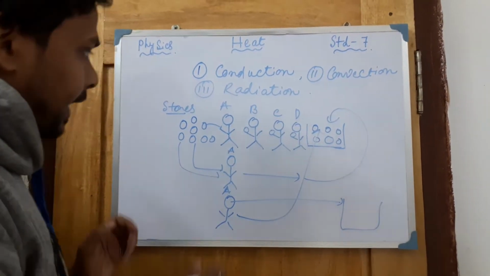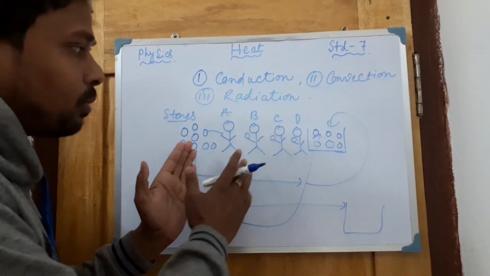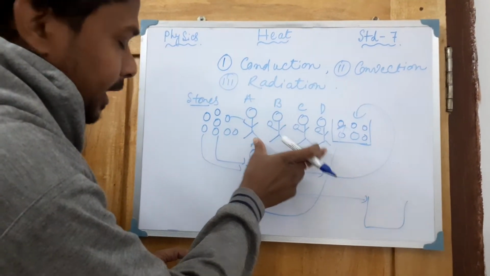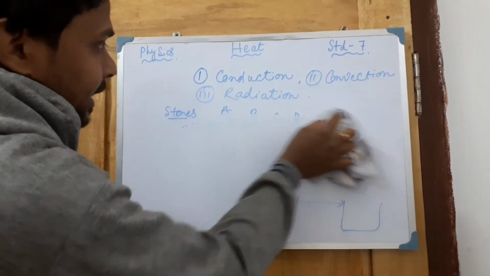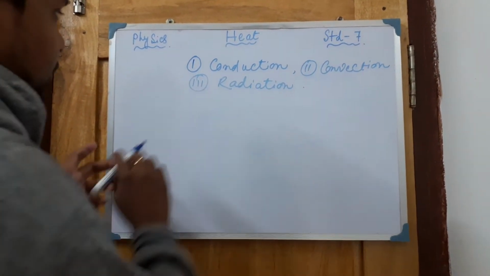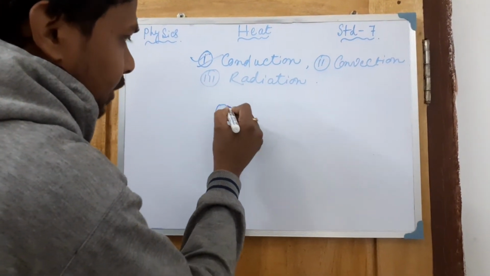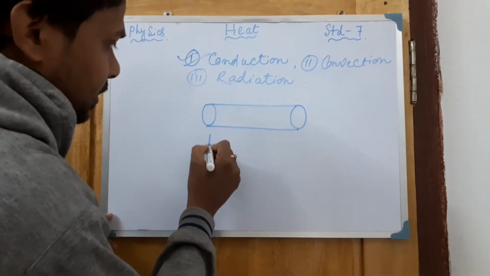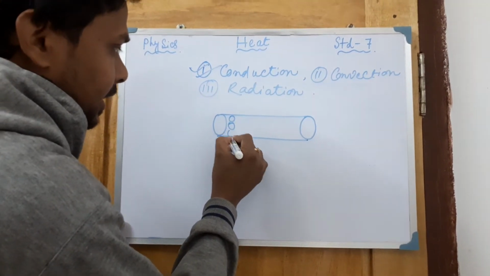How? Look, in case of the conduction method, what is happening? There will be no movement of the particles. So all these are not moving. Suppose you take the example of a good conductor, a piece of iron, and you are giving heat to that one. I am talking about the first one, conduction. Suppose you have taken an iron cylindrical rod, and you have given the heat energy in this portion. So you all know that this is a metal, this is a good conductor.